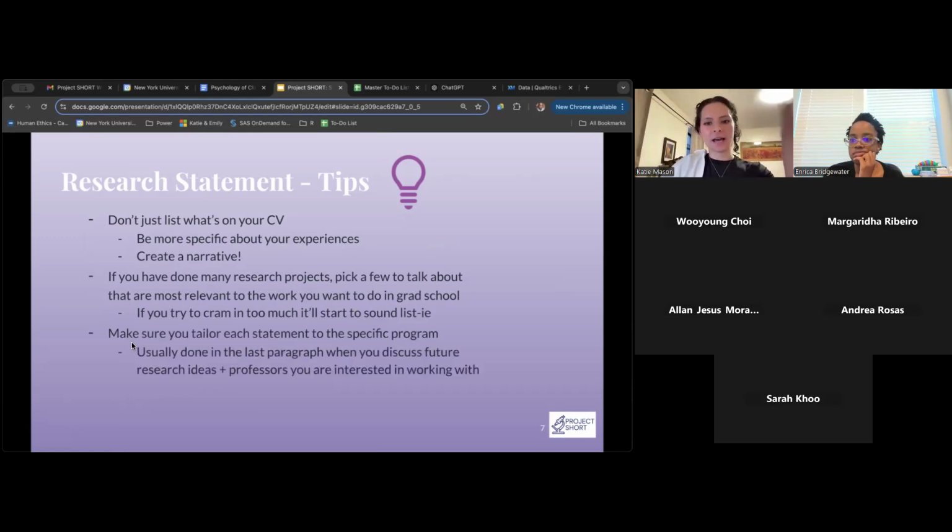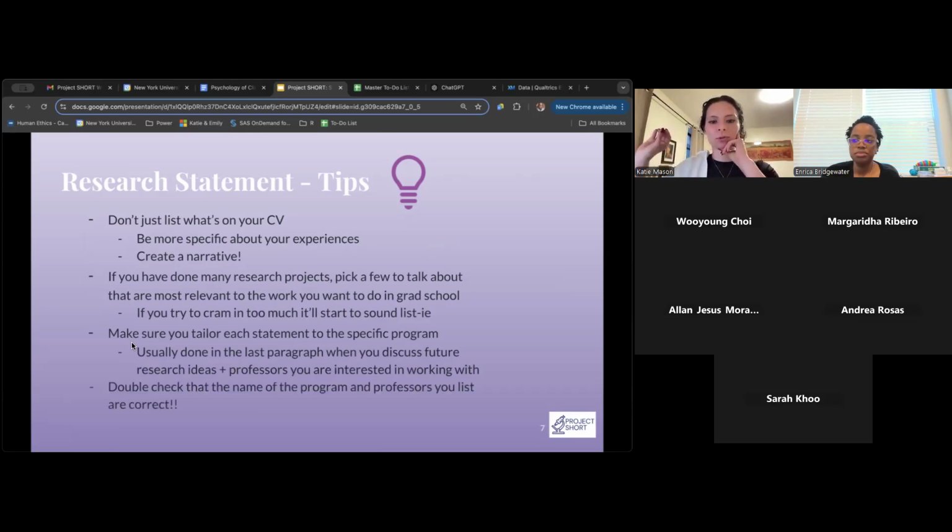And then again, tailoring each statement to the program. This is usually done in that last paragraph. The last thing is make sure that you double check the name of the program and the professors that you